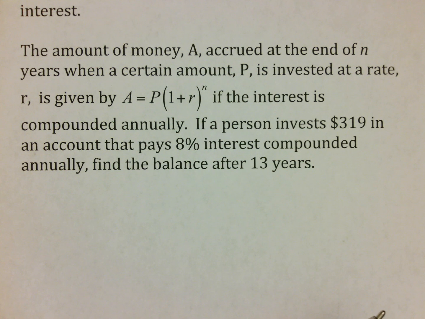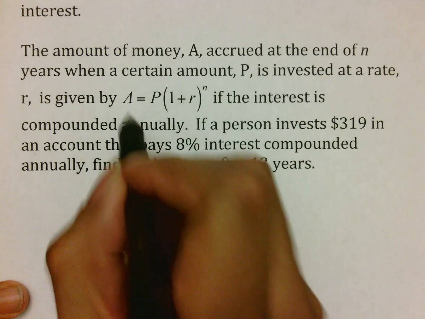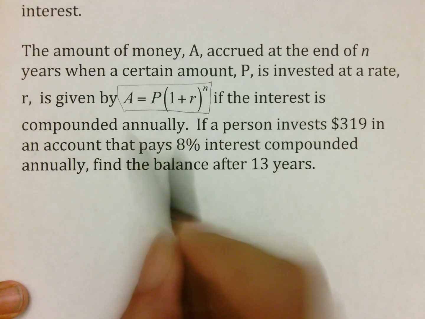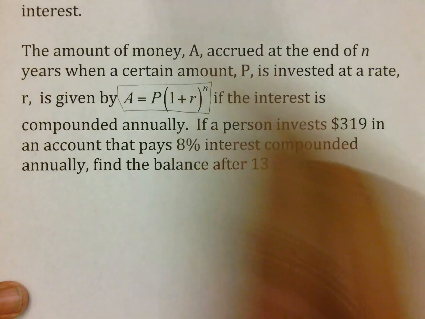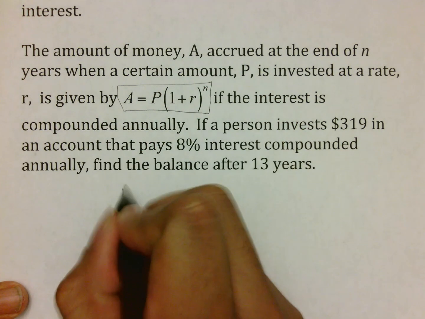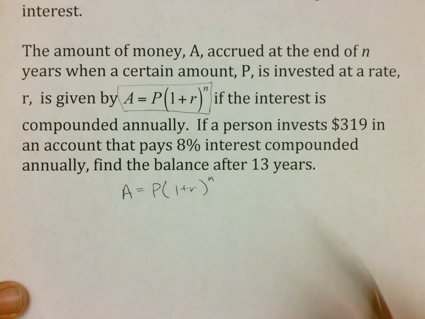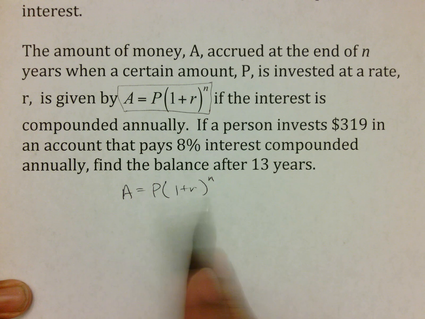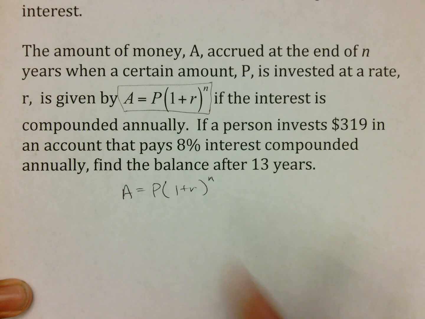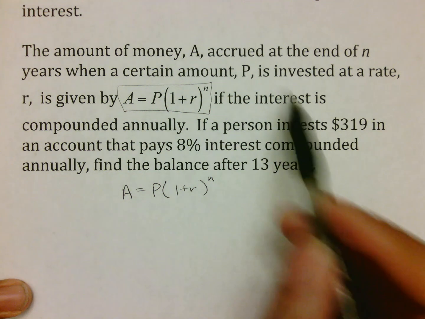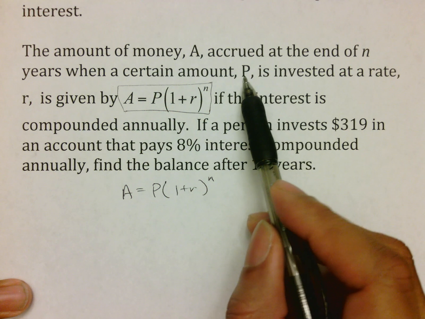What we're being asked to do here is to simply use a formula, because remember I told you at one point, if there's a lot of words in a problem, it probably means it's easy to do. So we will first write the formula and make sure we know what everything is. The good news about this formula, even though it will have to be memorized at some point, is that a lot of questions actually give you this formula. This is just the general format, because P is the principal, or the amount that you're putting in,